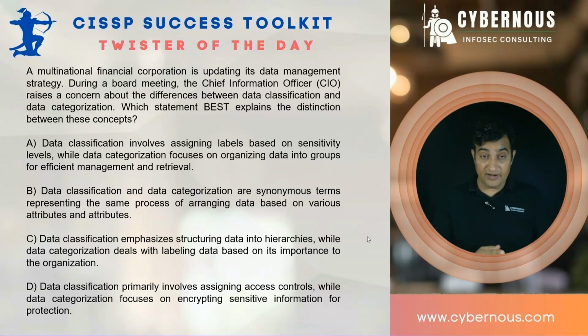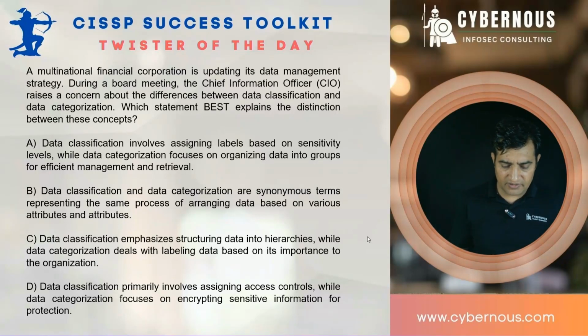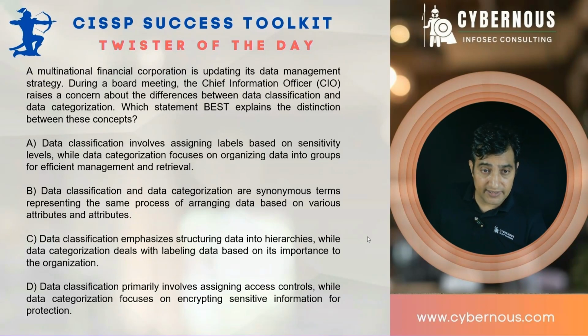For example, any kind of intellectual property, any kind of PII, you need to protect some level of information more than others. Some information related to your intellectual property might be your trade secret. They are highly valuable to you. On the other side, some information which is already on your website, available to the public, it doesn't matter if somebody copies it. So based on that, in an organization we need to make sure that data is classified based on the value.